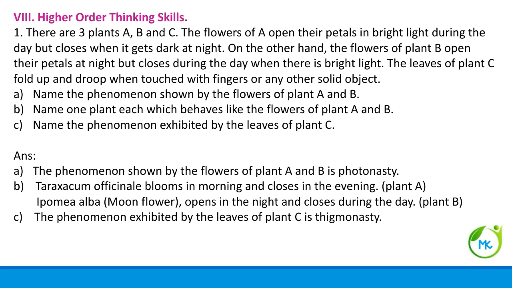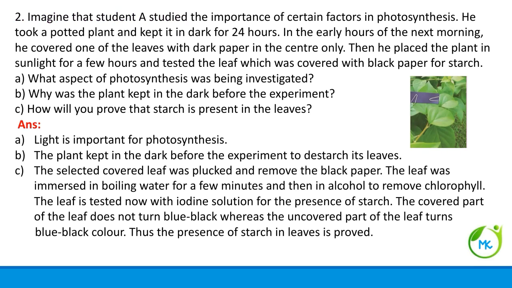And the third part of the question, name the phenomenon exhibited by leaves of plant C. What is the phenomenon? They are telling, when it is touched with fingers or any other object, the leaves fold up and droop. Droop means it closes. Okay, so what is the phenomenon exhibited? It is thigmonasty. So the second question,